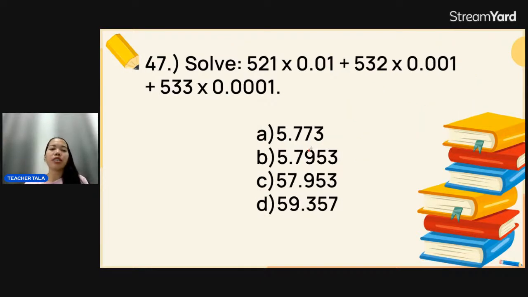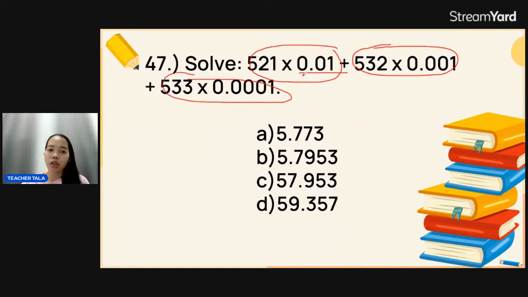Okay, next. 47. Solve 521 times 0.01 plus 532 times 1 thousandths. So, babasahin ko to again. So, 521 times 1 hundredths plus 532 times 1 thousandths plus 533 times 1 ten-thousandths. Okay, so first we're going to multiply this, and then yung mga products. So, paano ba to? We're just going to move the decimal places. So, kapag si 521, i-multiply mo, that's 2. So, you just have to move 1, 2. The answer is